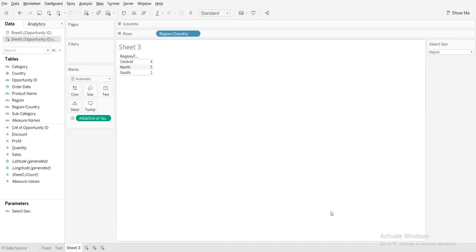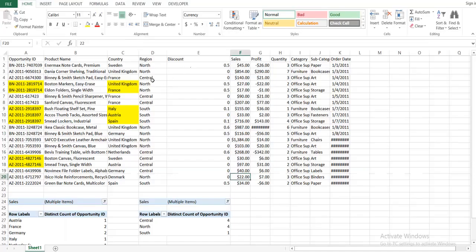Okay, so now suppose if you look at Central now, these are all 1 and this is also fine. Let me see, Central is 4, right?